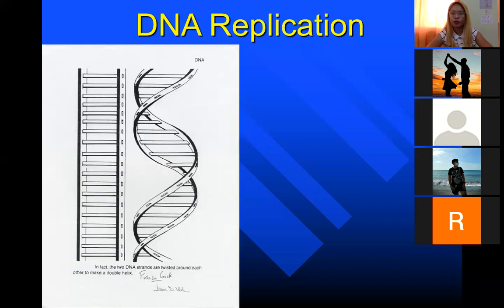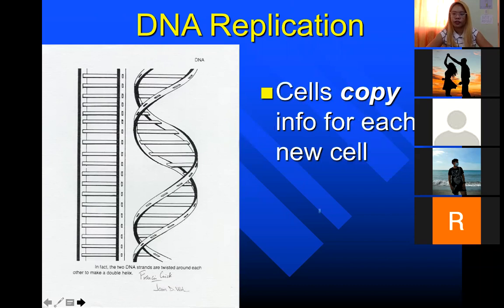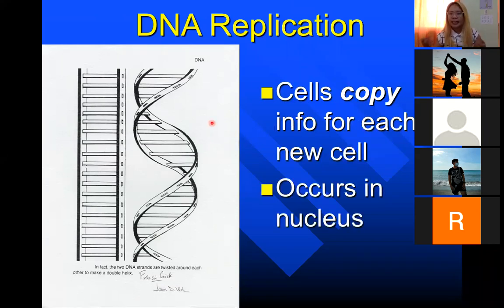Okay, so now let's focus on the idea of DNA replication. So sabi niya dito, kailan ba nangyayari ang DNA replication? Nangyayari ang DNA replication during the interphase stage of the cell. Specifically, di ba yung interphase, merong tatlo. Merong G1, may S phase, at saka G2. DNA replication specifically happens in the S phase.